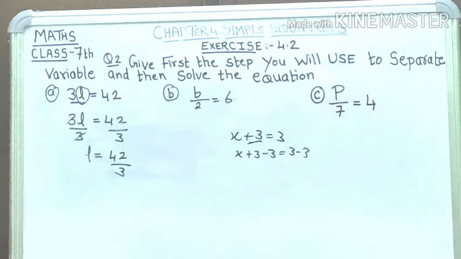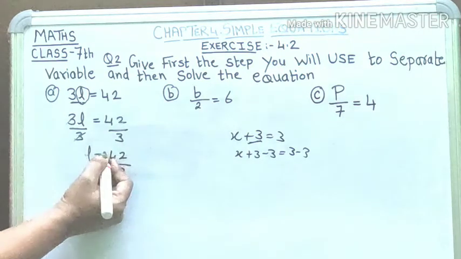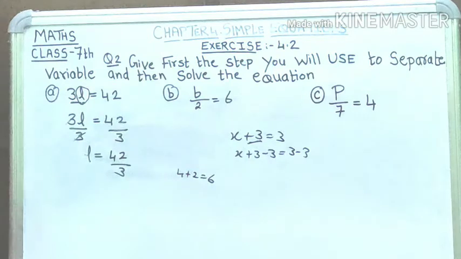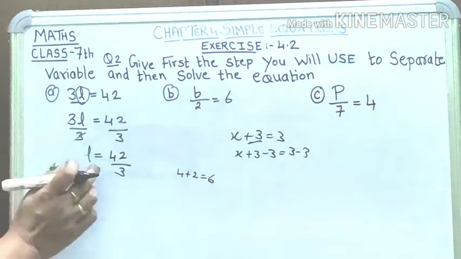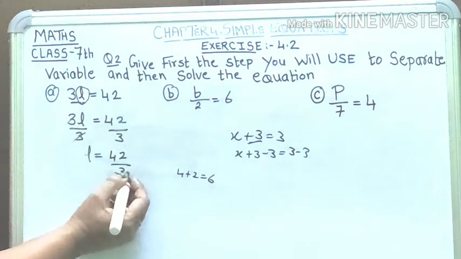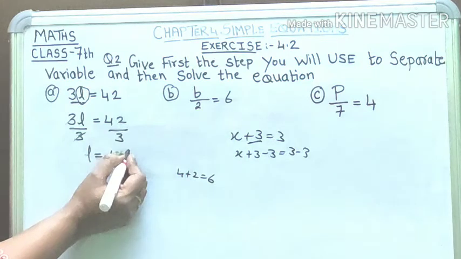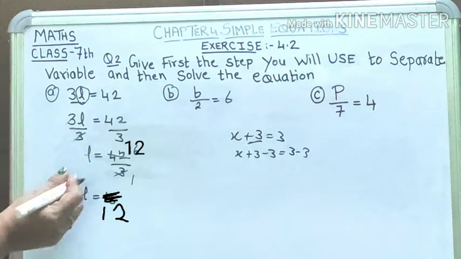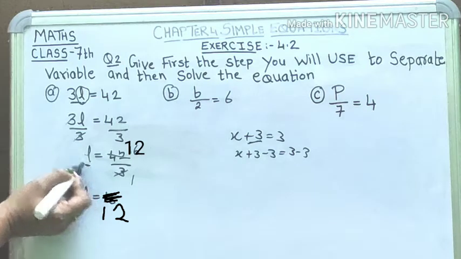अब इसको सॉल्व कर लो. 42 को 3 से डिवाइड कर दो. अभी 3 से कैंसिल होता है कि नहीं इसको देखते हैं. यहाँ पे 4 और 2 है. 4 plus 2 equal to 6 और 3 की टेबल में 6 आता है. यस, 3 to the 6, मतलब ये 3 से कैंसिल होगा. तो 3 1 3, 3 1 3, कैरी 1. यहाँ पे देखो हमने वेरिएबल अलग कर दिया, 3 को अलग कर दिया, वेरिएबल सिंगल हो गया.